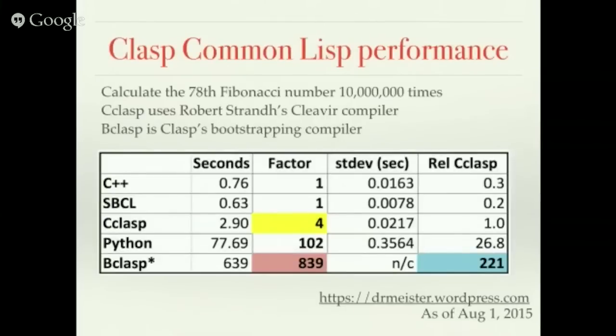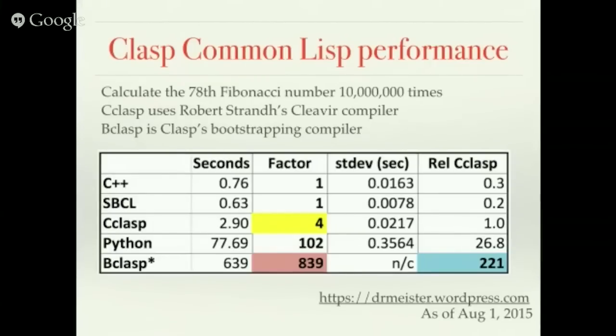So this is something I've just generated in the last couple of days. It just shows what the performance is as of a couple of days ago. This is the tip of the spear in terms of performance. What I'm doing is I've set up inlining in the Clasp compiler. Robert Strand has helped me, and we've gotten inlining working. And just a simple little algorithm that calculates the 78th Fibonacci number 100 million times,